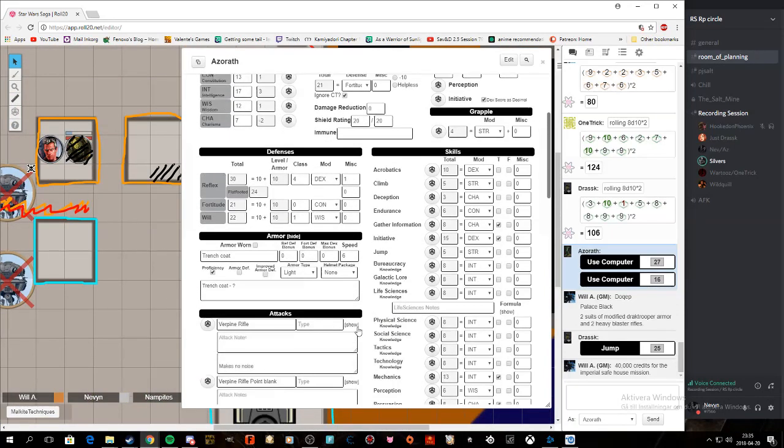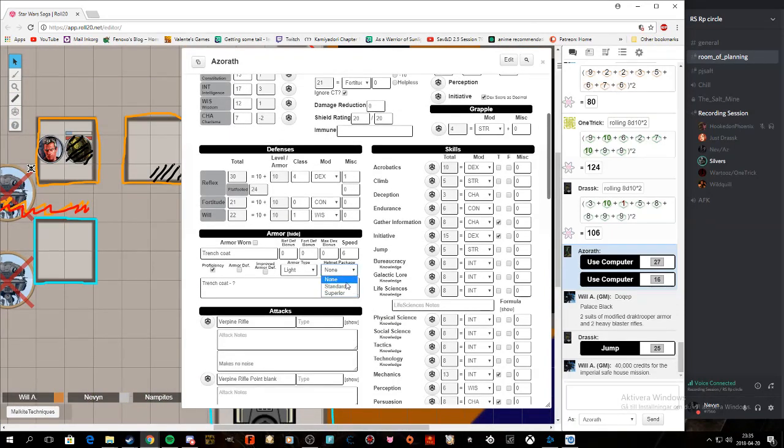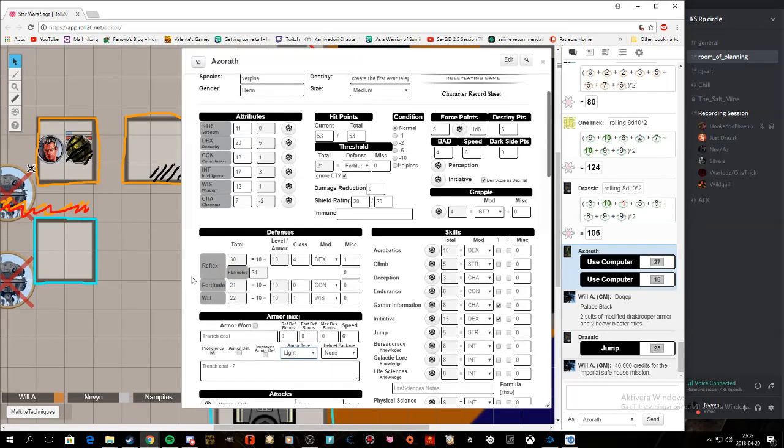Charisma 18, and persuasion 19, and, wow, persuasion 23. All right, narrator time. So you guys, where do you take your...